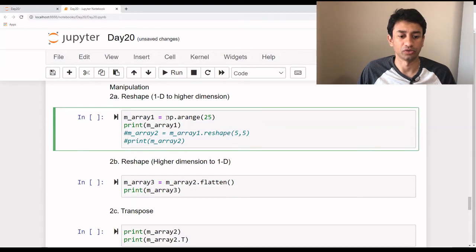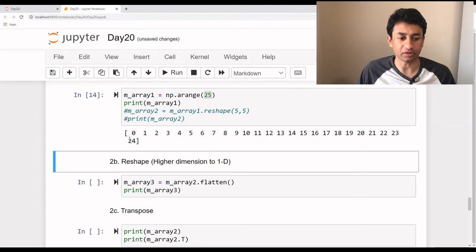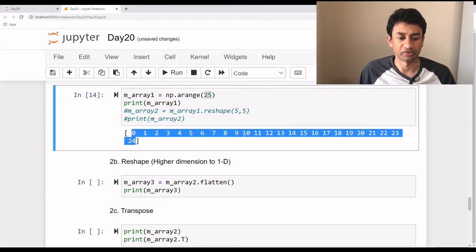So I'm going to use the arange functionality of NumPy, and I'm going to specify the number of values that need to be created. This will create sequential values. It will start with 0 and stop one number before the count. Like it will create 25 elements, so since it is starting with 0, it stops at 24. So now